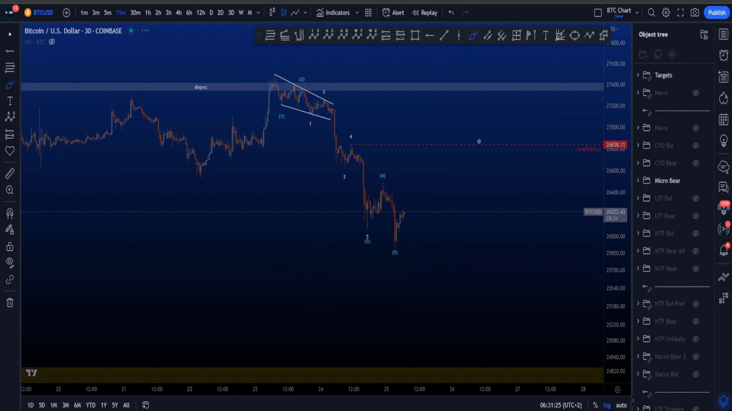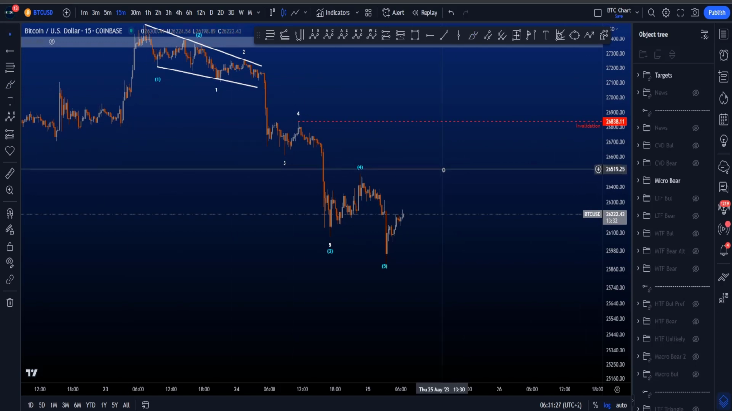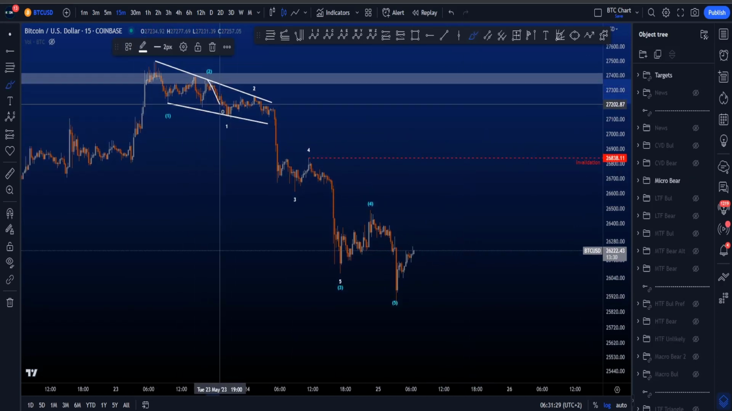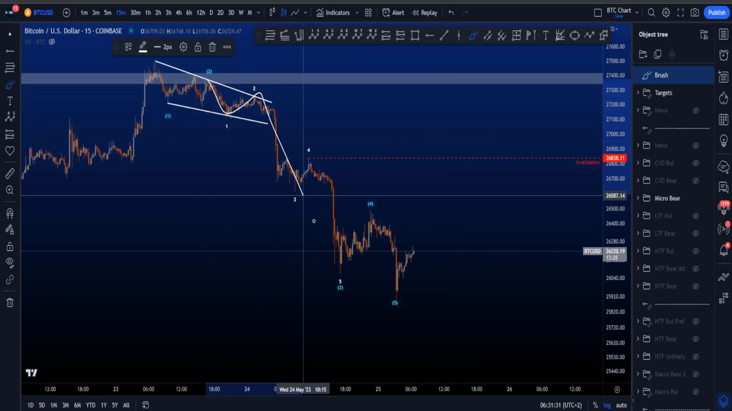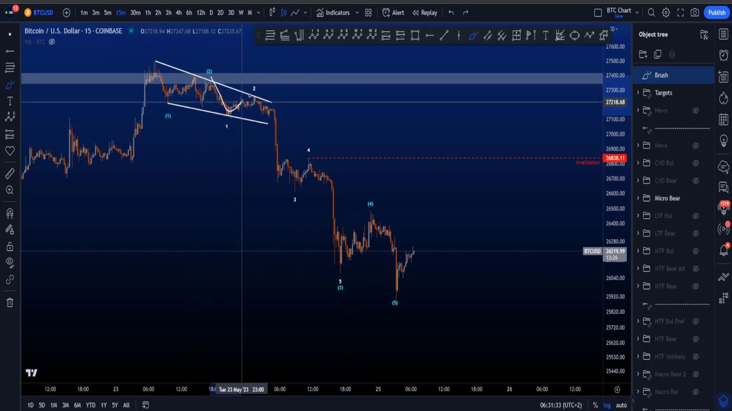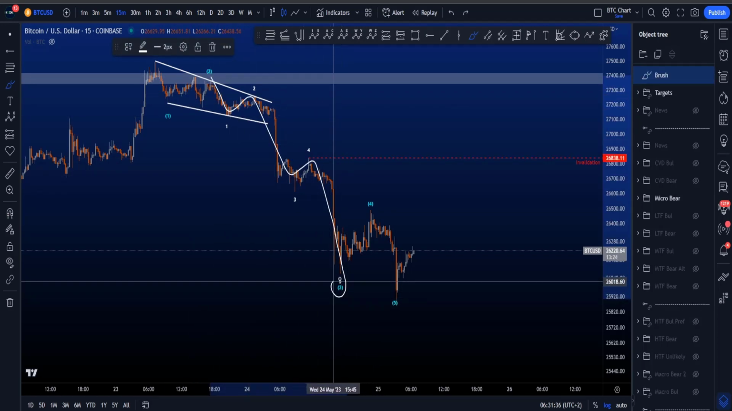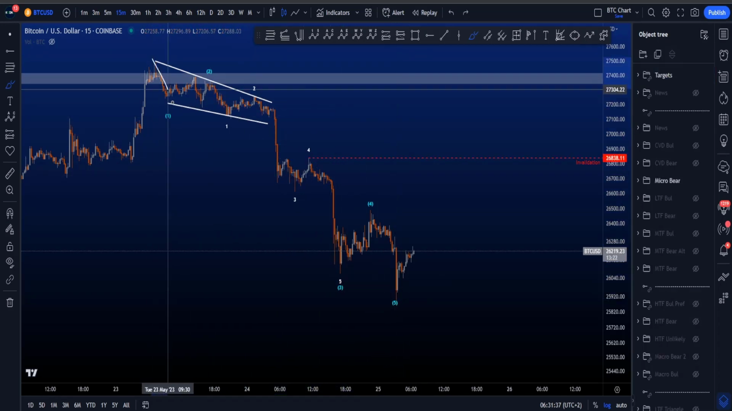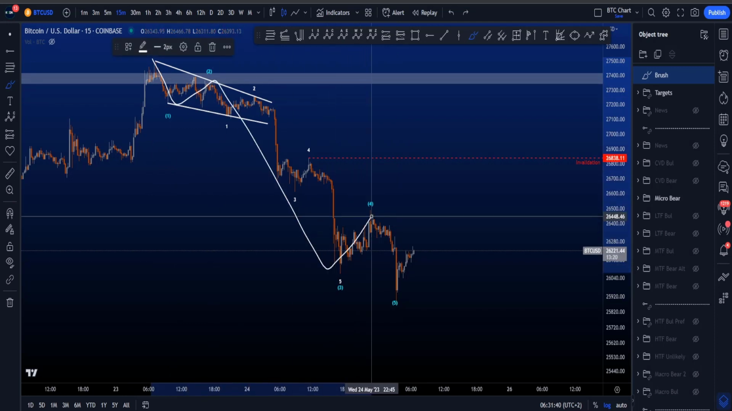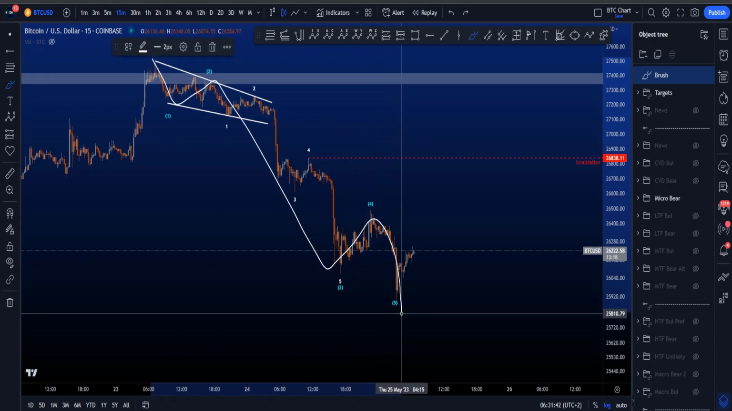But in this scenario, we then have a 1, 2, 1, 2 setup, where the second 1, 2 over here is then part of a bigger wave 3. So you have a 1, 2, 3, 4, 5, and then a bigger wave 3. And then the blue count is a 1, 2, 3, wave 4, and then this being a wave 5, where